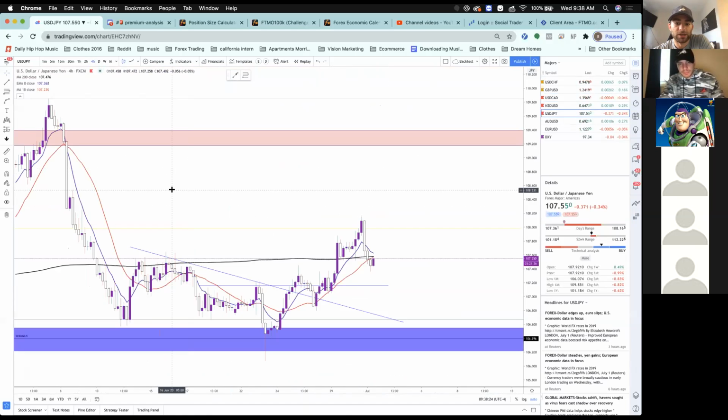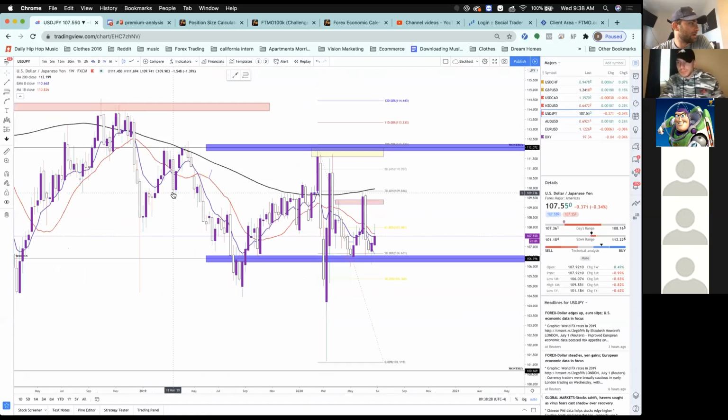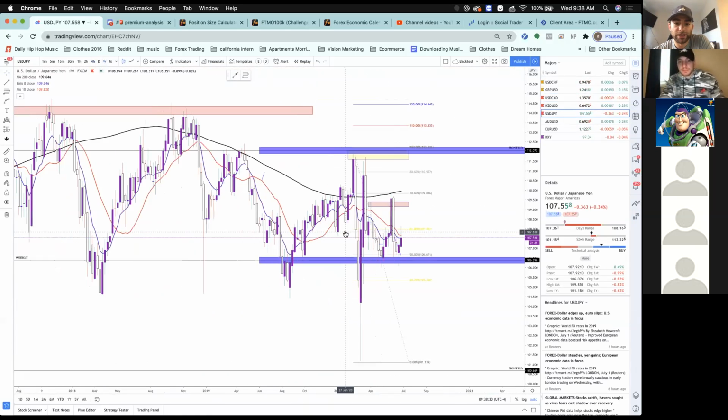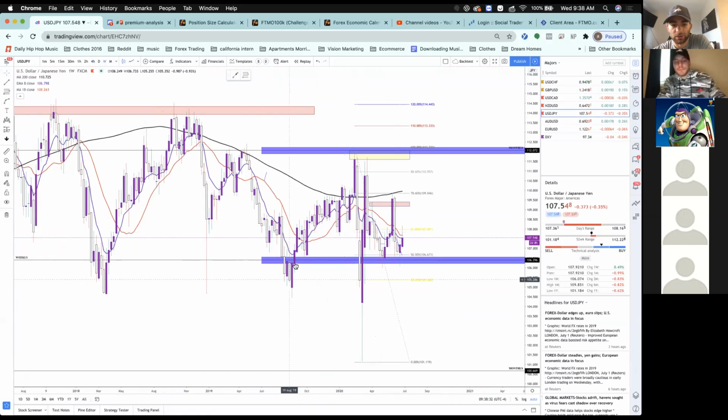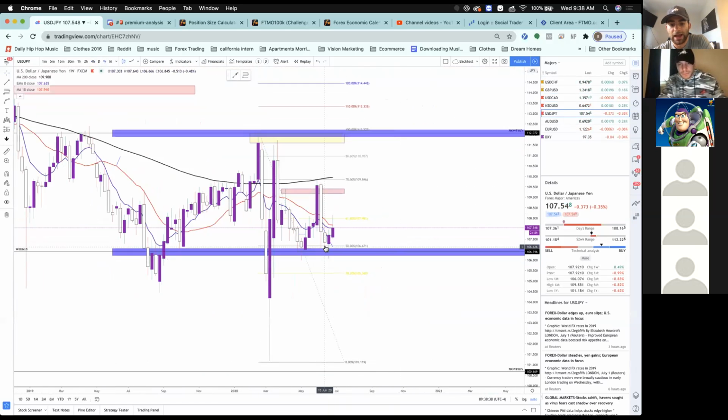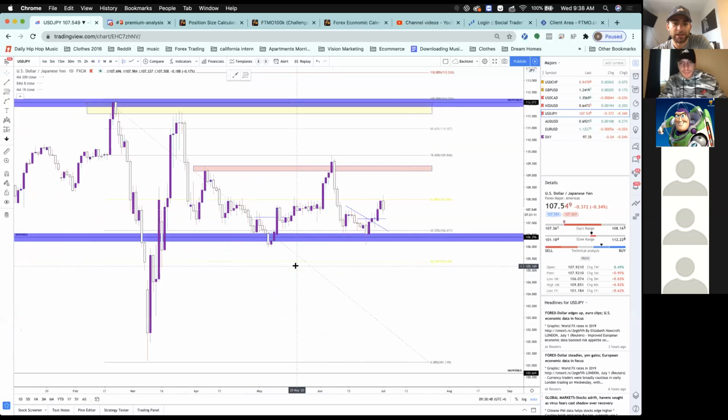UJ, we went over yesterday what's going on with this. Let's look at it again on the weekly time frame. We got a lower low, cross, lower high. Now we're just retesting this level multiple times. Had a little bit of an acceleration off of this weekly level of support, which is obviously pretty major.